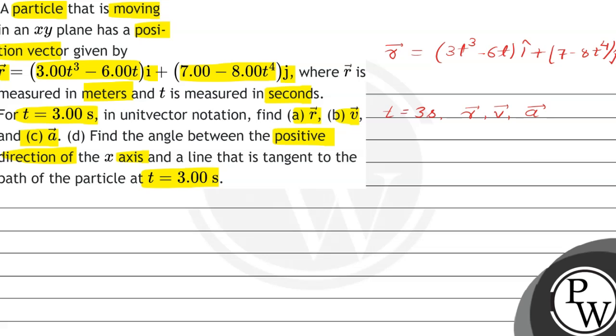और पार्ट डी में हमें बोला गया है कि इस पार्टिकल के पाथ से टाइम इक्वल्स टू 3 सेकंड पर जो टेंजेंट लाइन होगी, लेट्स सपोज दिस वाज द पाथ, तो इस पॉइंट पर इस पार्टिकल के पाथ पर जो टेंजेंट लाइन होगी वो एक्स एक्सिस से कितना एंगल बना रही होगी. सो प्लीज नोट द की कॉन्सेप्ट ऑफ दिस क्वेश्चन,